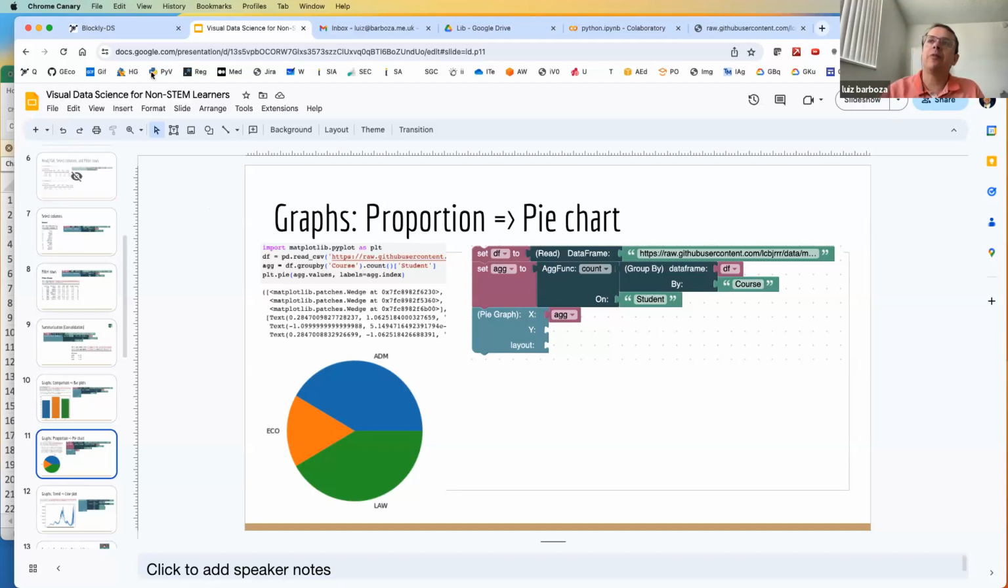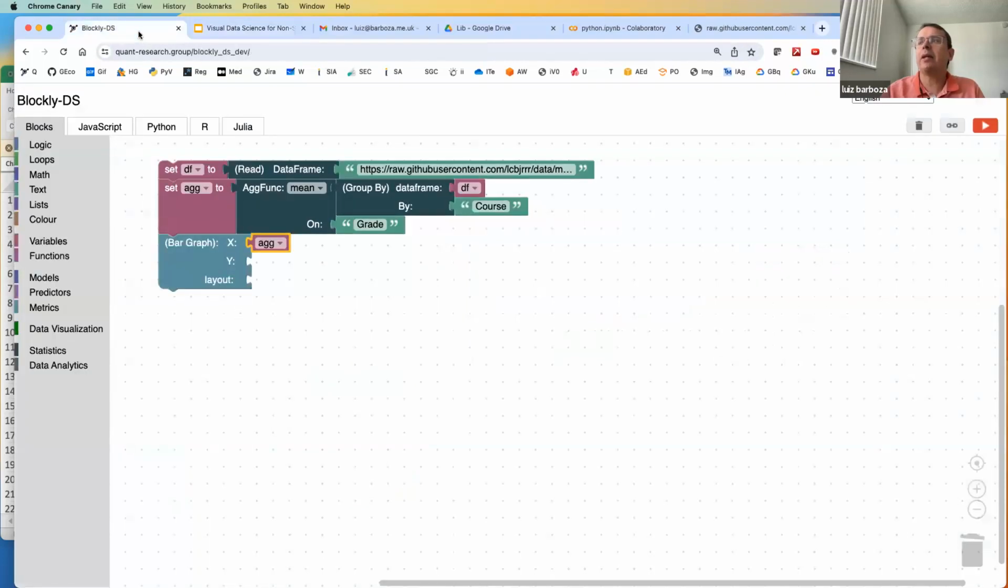So let's do something similar to what I did, but a little different. So again, I want to do aggregation. I want to still aggregate by course, but instead of calculating the average on grades, let me simply count as many students as I have by course, right? So let's count the student name. So the column will be student, the student name, right? And instead of a mean, I want to count, right? I want to count. And now instead of a bar chart,